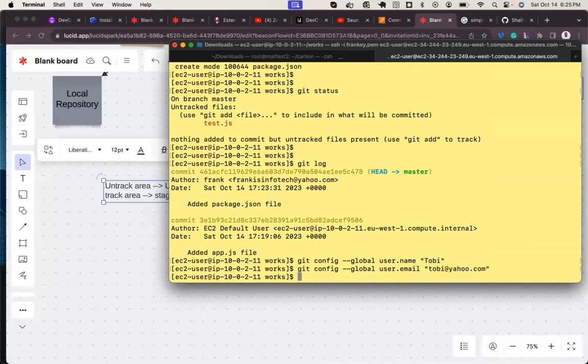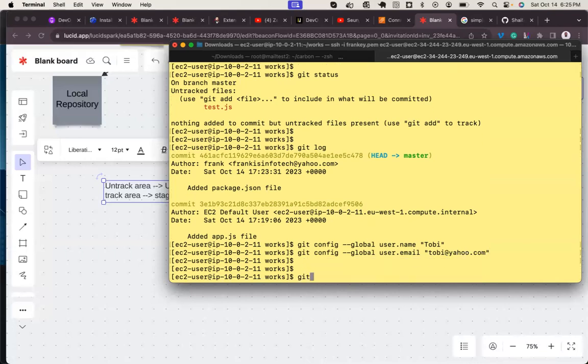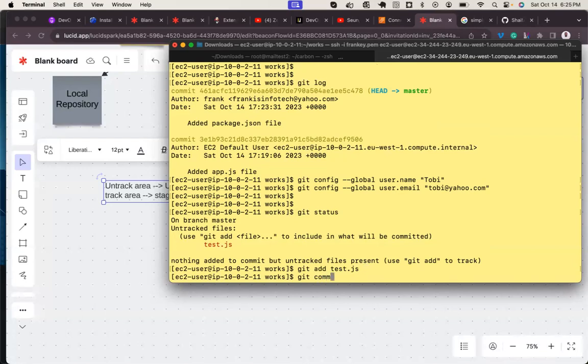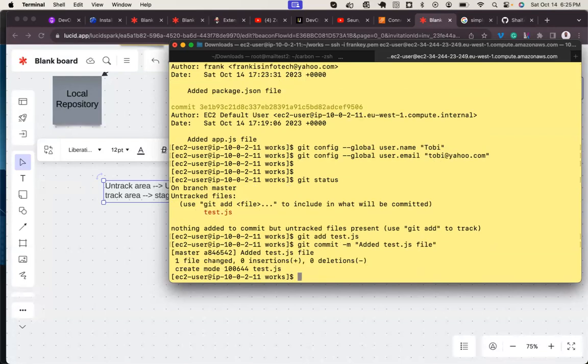Enter. Now, if I add a file, git status, git add test, git commit, pass your message, added test.js file. Enter. That's been added.